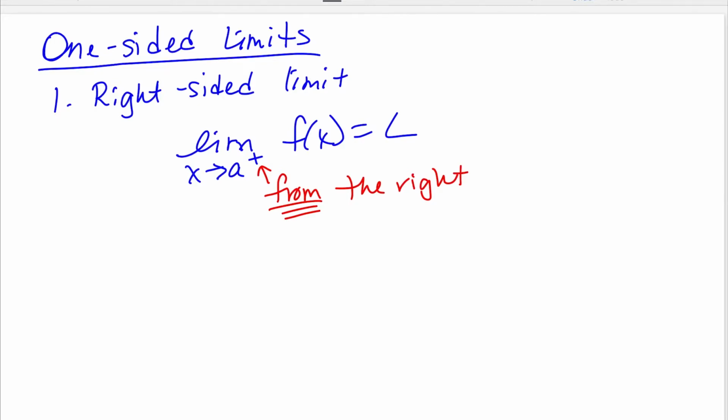I'm coming from the right. So I'm coming in this direction. From is the kicker, the right side. That is a right-sided limit. It tells you the direction you're coming from. So,